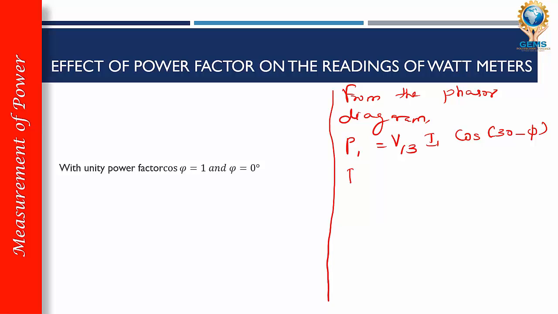And we have the other reading from another wattmeter, P2 is equal to root 3 V